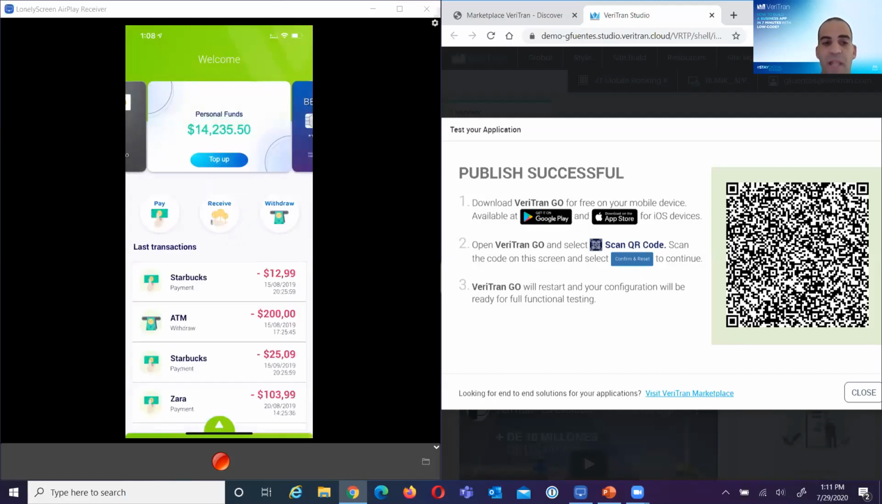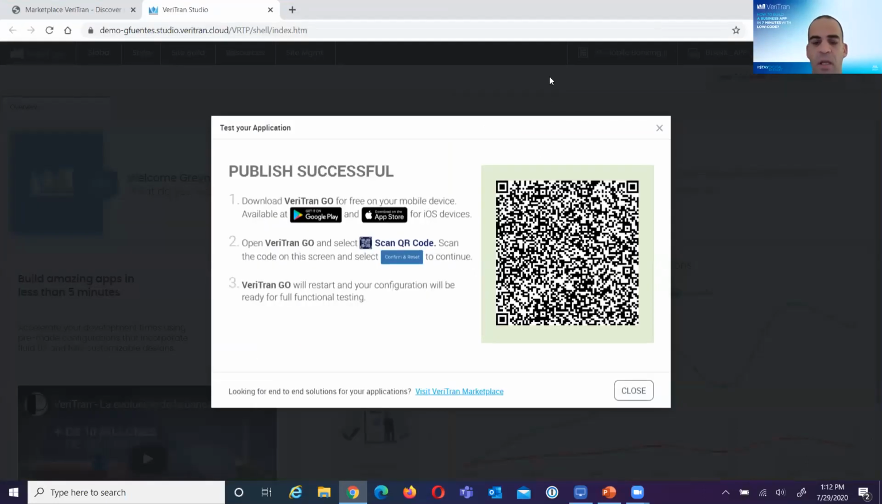So just like that, in about 7 minutes, we were able to go into our marketplace, subscribe to a template, go into our studio, and just go through a simple 1, 2, 3 step process and publish our application and have it running on our mobile device, obviously after scanning this QR code. Now I would like to go back to the studio where I can show you further